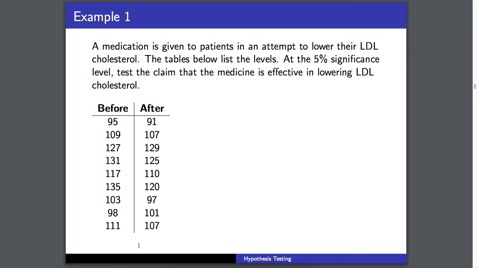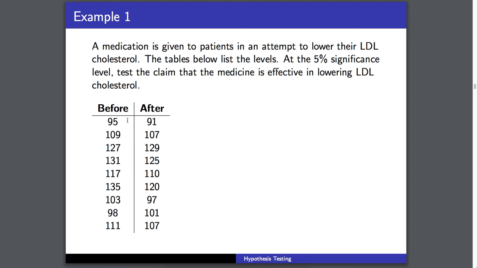All right, so example 1. A medication is given to patients in an attempt to lower their LDL cholesterol, the bad cholesterol. The tables below list the levels for around 10 patients or so. At the 5% significance level, test the claim that the medicine is effective in lowering LDL cholesterol. So here we have subjects' cholesterol levels before and their cholesterol levels after. Notice, again, every single one of the befores has a paired up value for after. That's why it's also known as matched pairs. This is dependent because it has the before and after